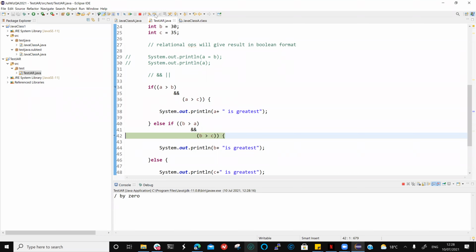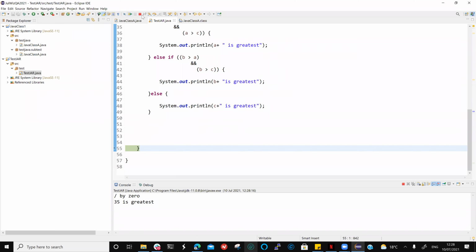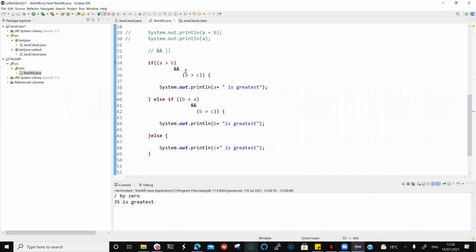It checks this. You saw that? This is what I was talking about. Right? B is greater than A. B is not greater than C. So it will not do anything there. Right? And then it prints this. It makes sense. Right? Now, if I just change this with or,